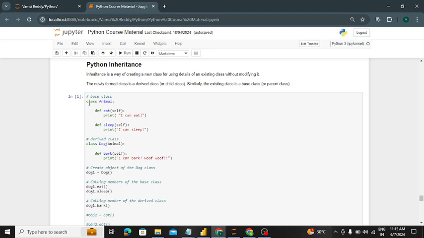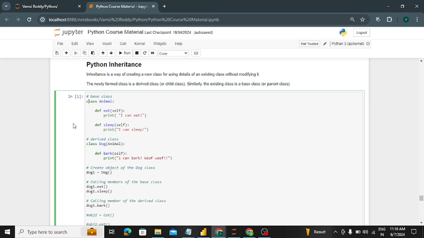Here the example is class Animal. Animal is the class name, ended with a colon. I am writing two functions for the parent class, that is eat and sleep. These two things are done by the animal. Each and every animal does the same thing. An elephant also eats and sleeps, a cat also eats and sleeps, a dog also eats and sleeps. Same features for each and every animal. So in class Animal I created two functions, one is eat and one more is sleep. This is the parent class and base class.